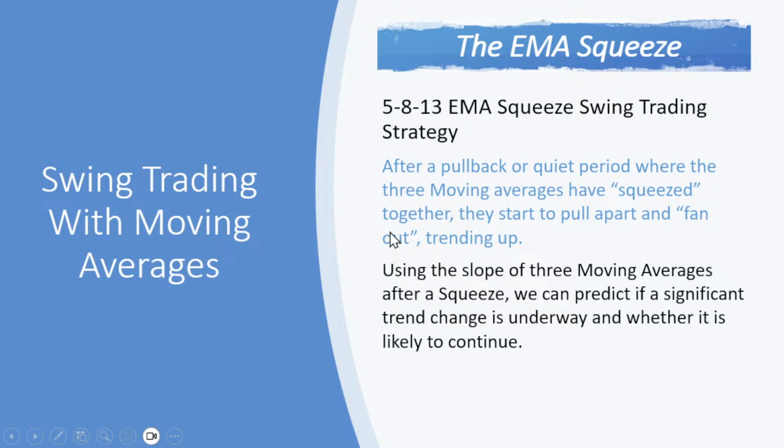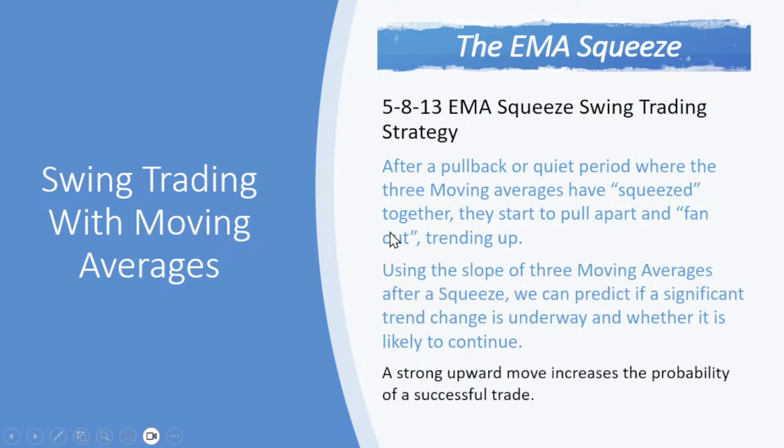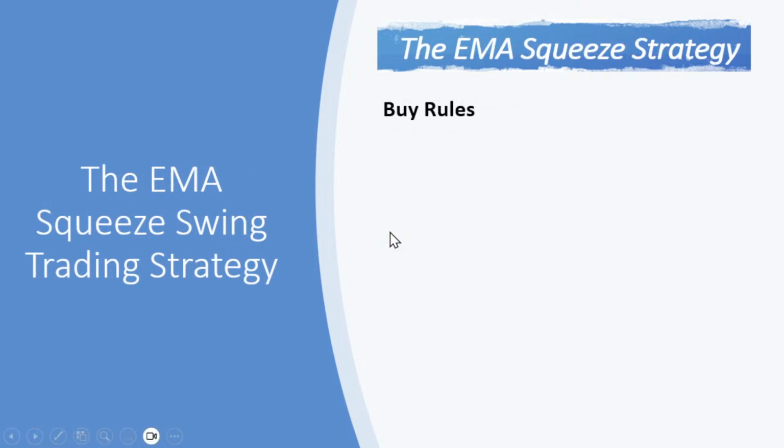The best part is it's rules based. Okay? Here are the buy rules. So we're going to lay all of them out for you. There are 4 in total. All have to be true, all have to be met in order for it to be a candidate. First, the 5-day EMA has to be above the 8. The 8-day EMA has to be above the 13.